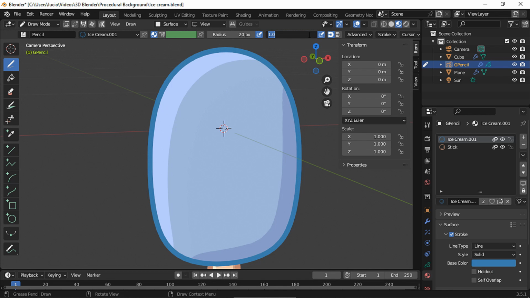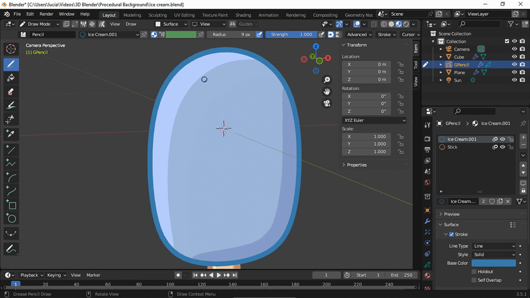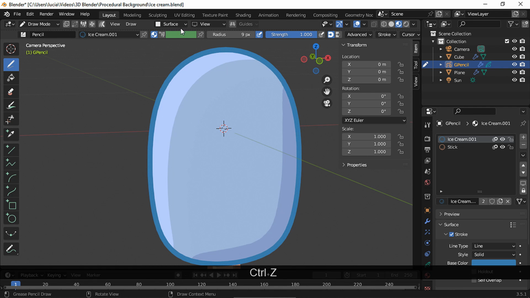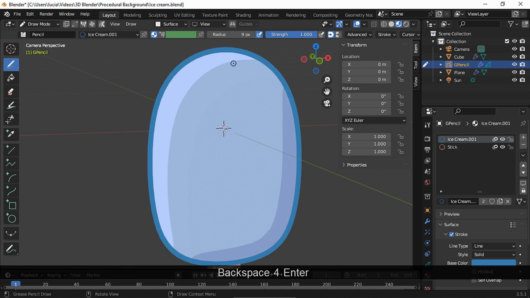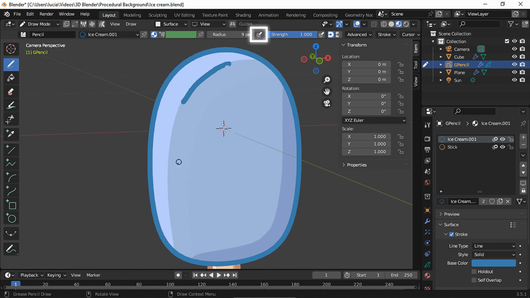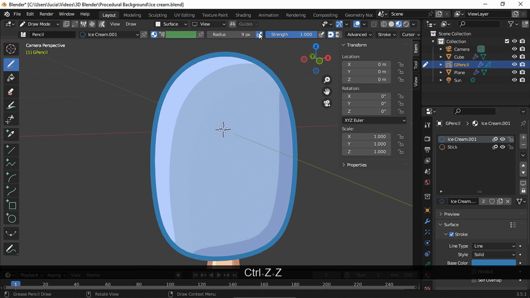I want my strength at 1 and let's disable the pen pressure so my strength doesn't change depending on how hard I press my graphic tablet. If you're not working with a tablet, never mind. This doesn't look good, so let's change the offset. First, I drew the lines with the pressure disabled for the radius, but then I regretted it. It's a matter of taste.